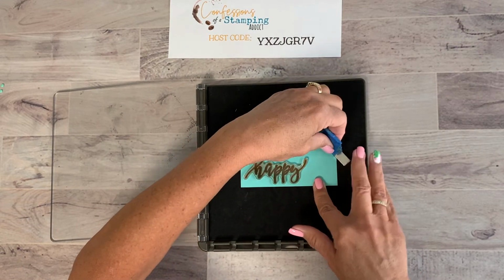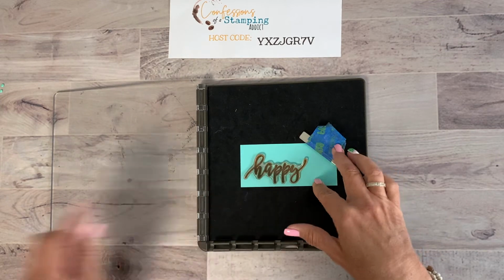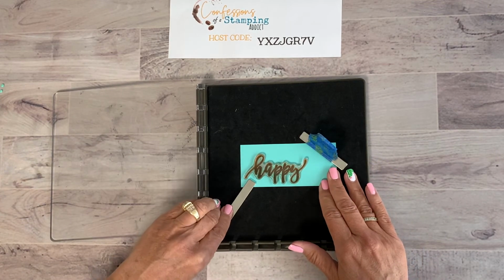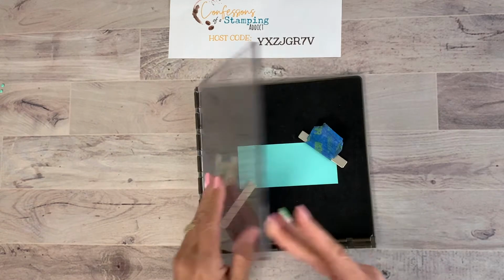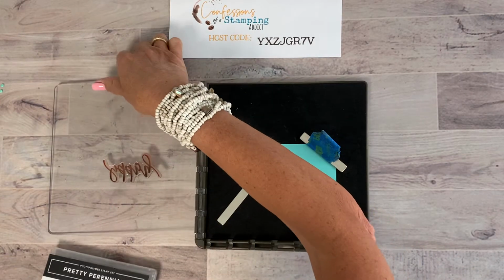And I just put painter's tape on here because it's easier to pick up. And the reason I'm doing this on here is because I want this to have a really dark image. And sometimes you have to stamp twice. Well, if you stamp twice, sometimes you don't line it up the right way. So by using this, I can stamp it 2 or 3 times and I know it'll hit in